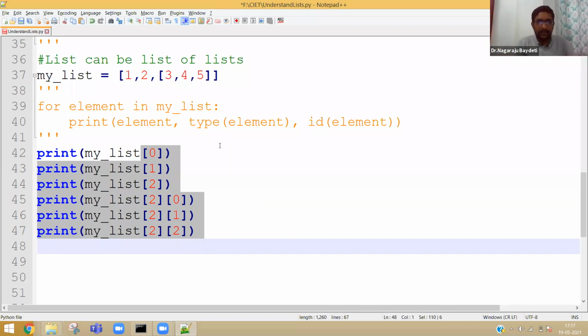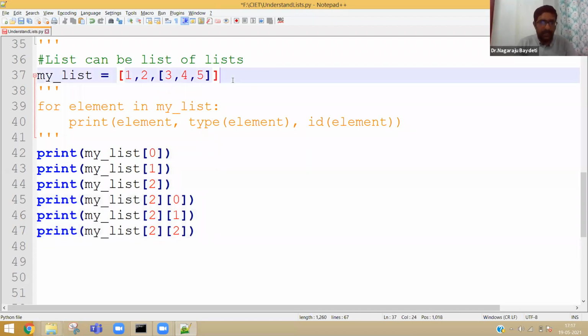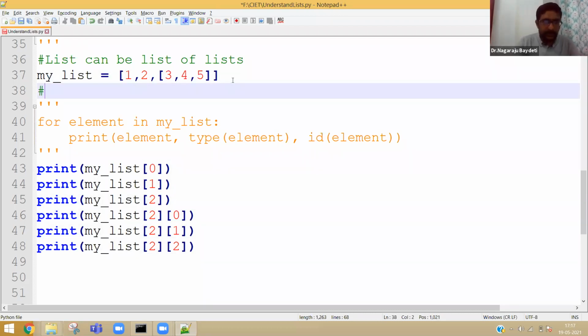What I mean to say, listen here. The assignment is my list can be 1, 2, 3. Okay. Then there can be a sublist, for example, 4, 5, 6. After that, there can be a sublist like 9, 10.